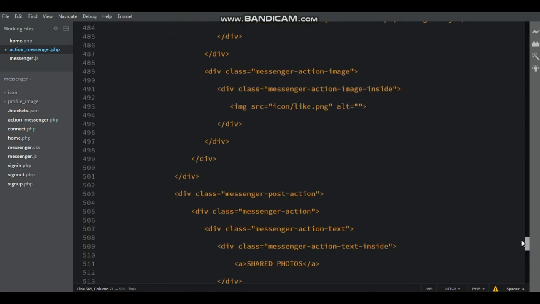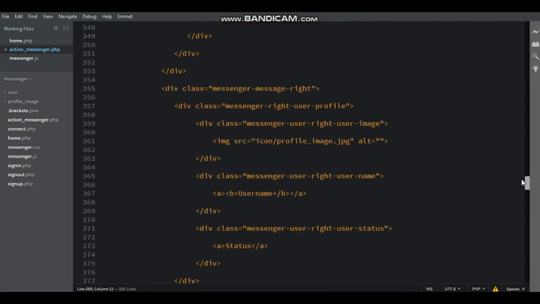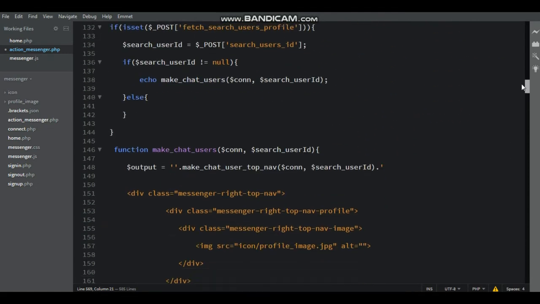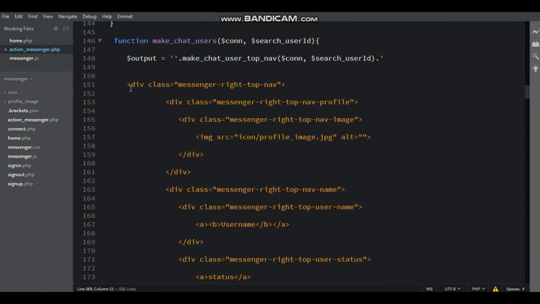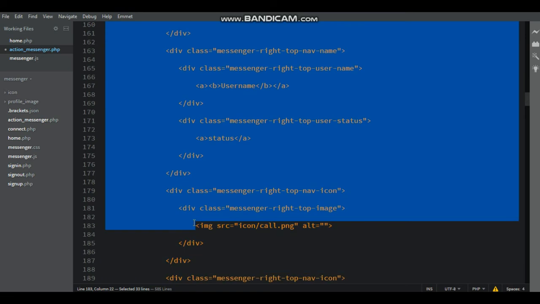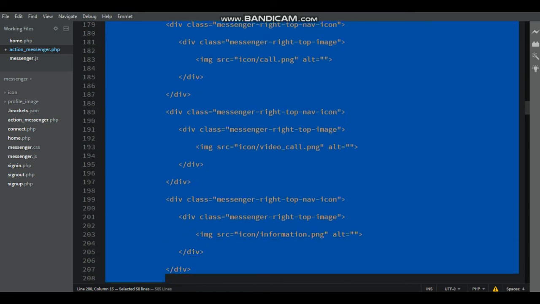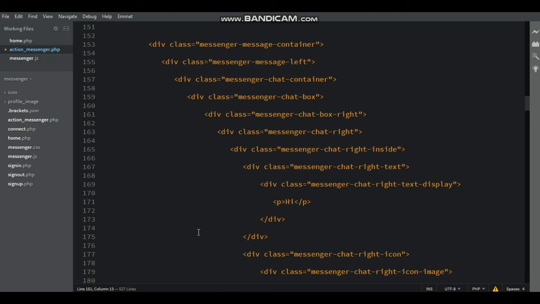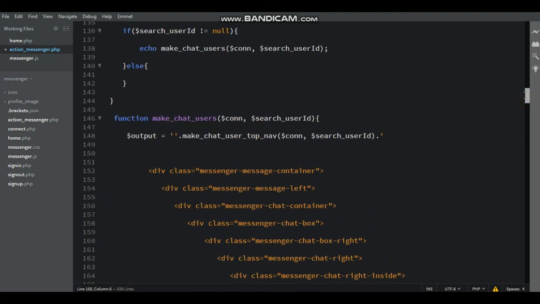Here just cut the messenger right top name, and then paste inside the output equal to single quotes.